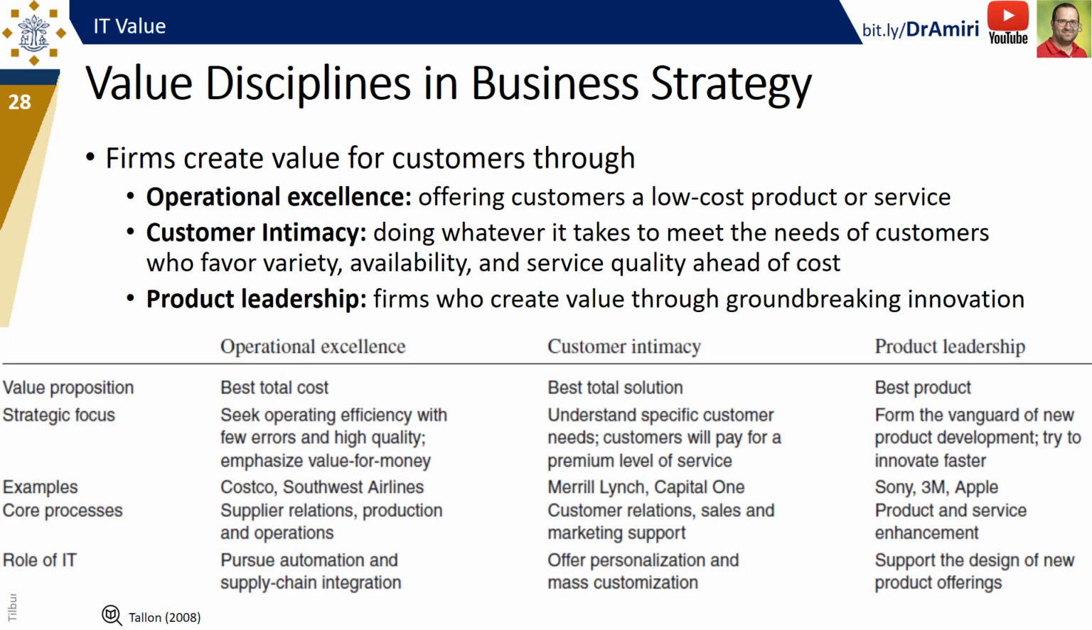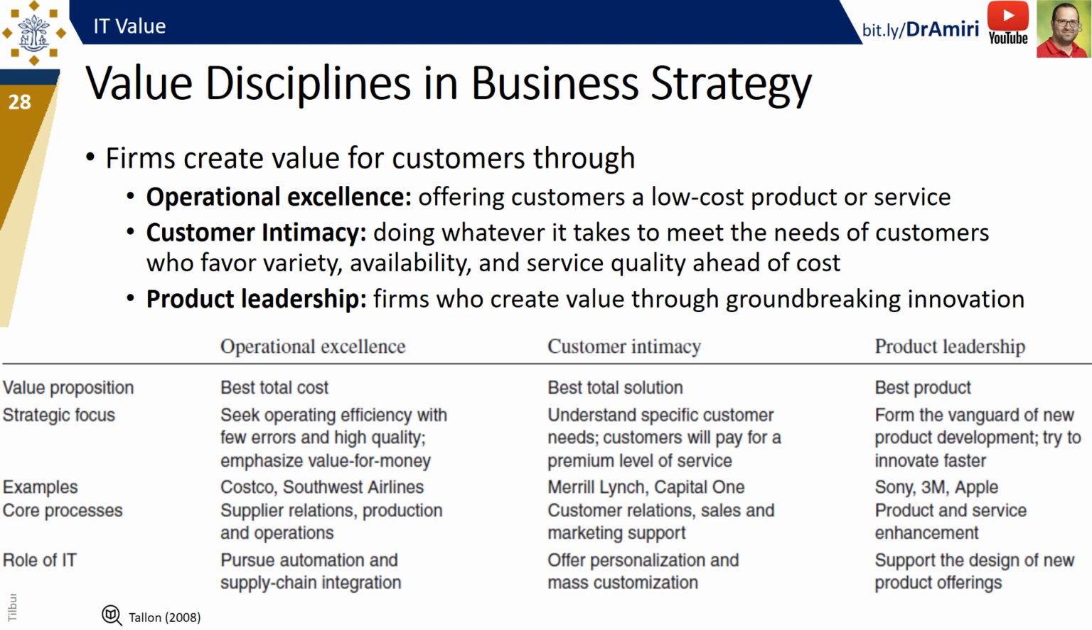First, you need to choose the value discipline for your organization. You need to figure that out. There are three value disciplines. A firm creates value for customers through operational excellence, which means offering customers a low cost product or service, or they may go for customer intimacy, which means doing whatever it takes to meet the needs of customers who love